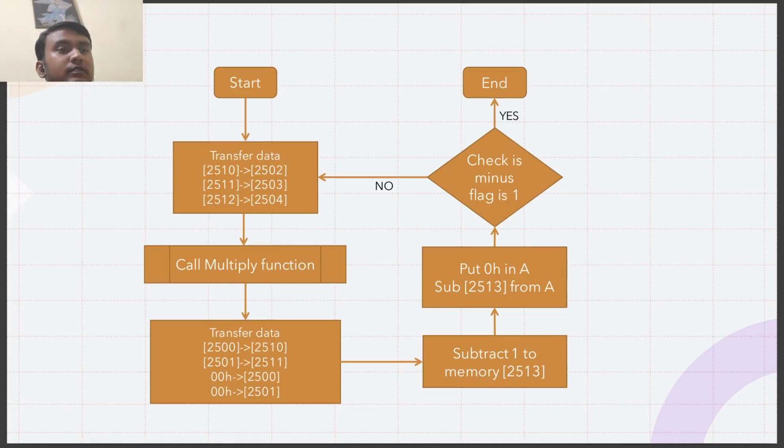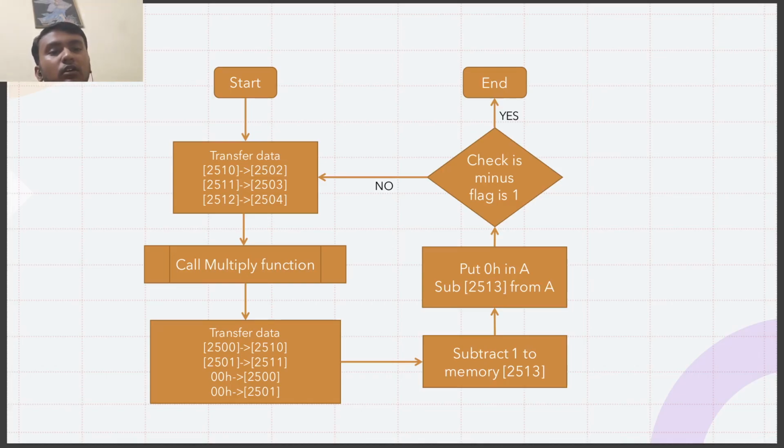Then we start this function. First of all, we transfer data from 2510 to 2502, 2511 to 2503, 2512 to 2504. 2510 and 2511 was the 16-bit number, and 2512 is an 8-bit number, and we want to multiply them.